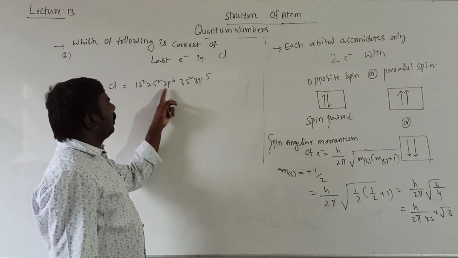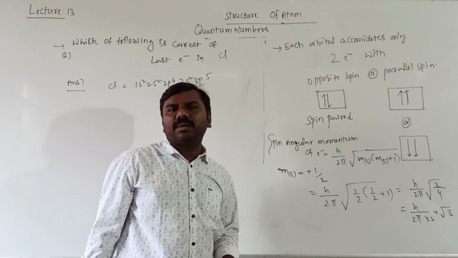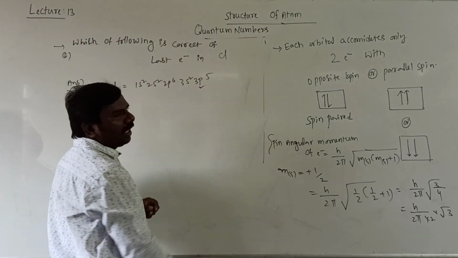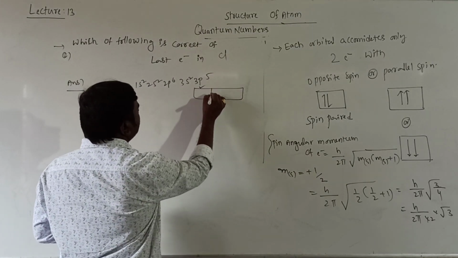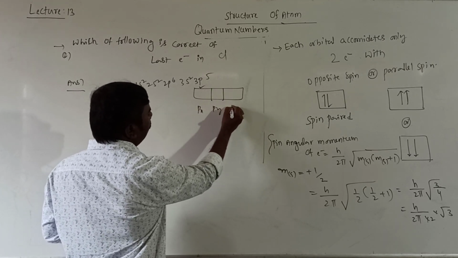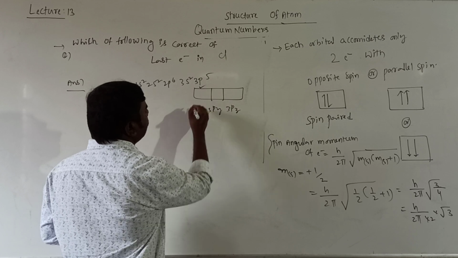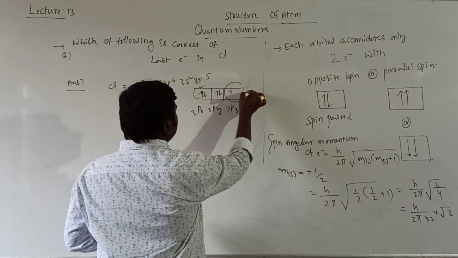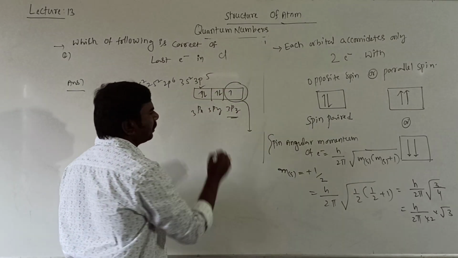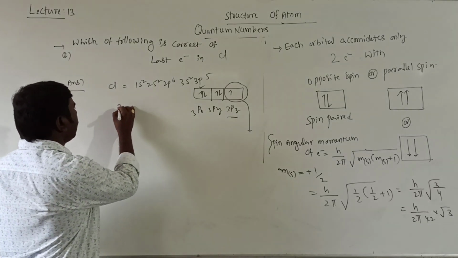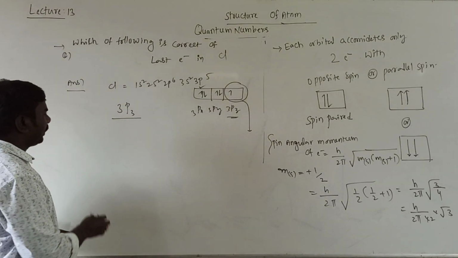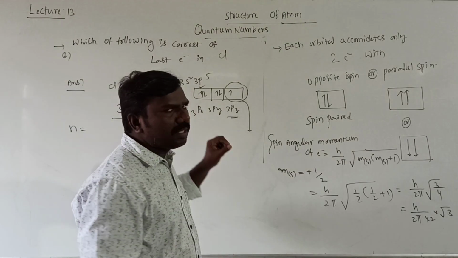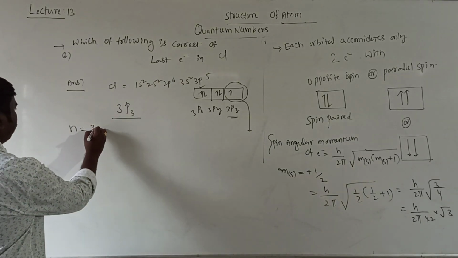Totally 10 plus 7, 17, atomic number 17, that's why 17 electrons and 17 protons. The last electron is in p. P contains 3px, 3py, 3pz. 1, 2, 3, 4, 5. Last electron means this one, which is pz. For this you need to write 3pz. Write all the 4 quantum numbers. N equal to 3. The number which you observed is considered as the n value, that is equal to 3.